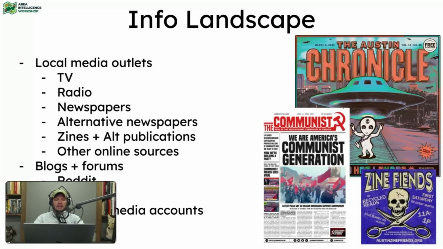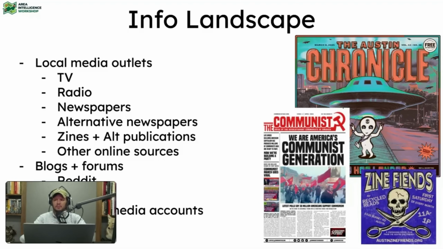All right, next we need to look at the information landscape. So local media outlets, TV, radio, newspapers. I would also say alternative newspapers. If you have a college or university, not only will you probably have a college paper, but you may have these alternative publications or zines, which is short for magazine. Especially the far-left groups, they have these zines. And you go to these little anarchist book fairs, like I went to a couple in Houston, and they have all these little different pamphlets and little pieces of paper lined up on these tables that you can buy. Quite interesting. You should go to one. If your area has an anarchist book fair, you should march on down there and check it out.